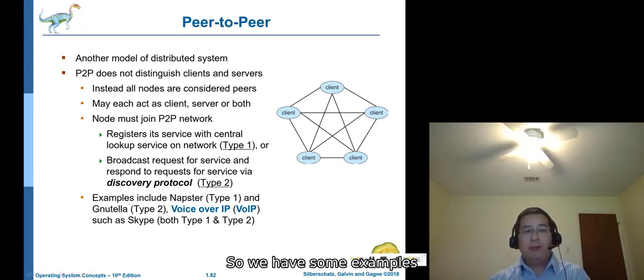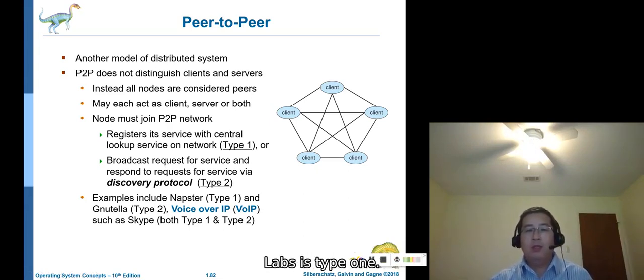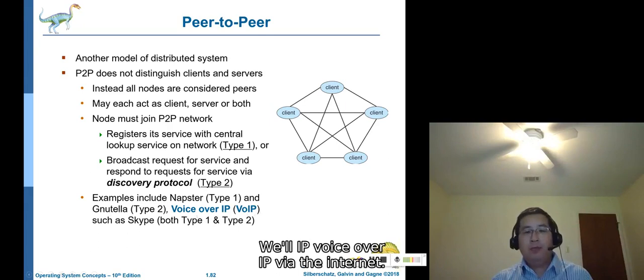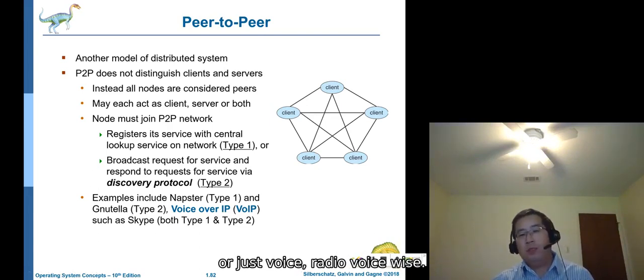So we have some examples. For example, like the lobster, you can have a look at the detail about this one in your book. Lobster is type 1, and then we have Nutella is type 2, and then we have many VoIP, voice over IP. That means via the internet we do the telephone or just voice and video.